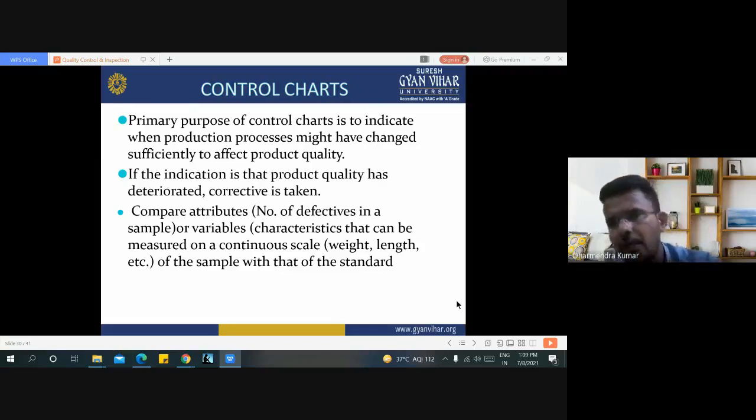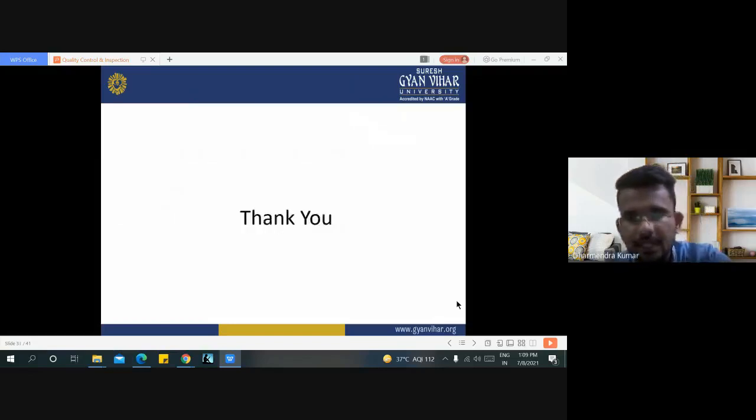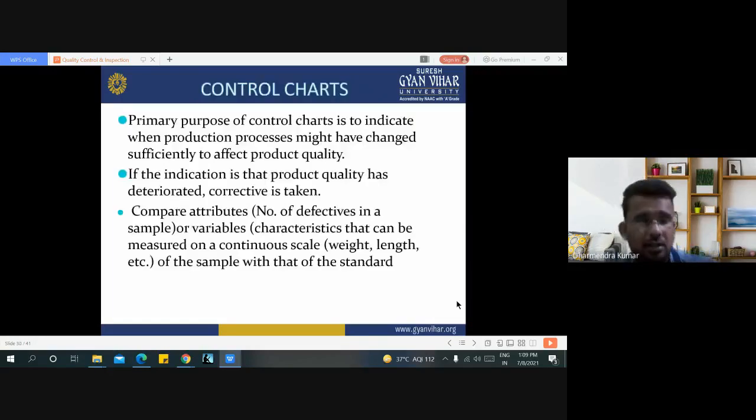It is a comparison of our standard prerequisite qualities with the qualities of the product coming from production. If we find any deviation, then we must change some manufacturing process or some component of the machines.